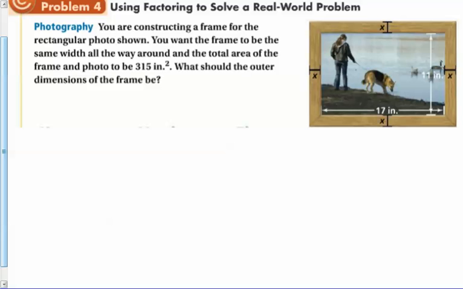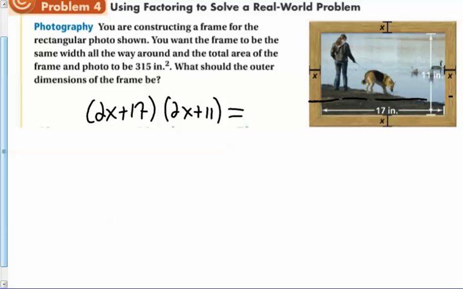Now, if you think about it, the outer dimensions of the frame, that's what they need to figure out what x is. Okay. So really, you want to get the full area of everything. So on this, you want to get the total length and the total width. If I start here and I walk, I go x, then I go 17, and then I go x. So I have dimensions of 2x plus 17. And going up and down, start at x, go up 11, and another x, and I get 2x plus 11. But that has to equal